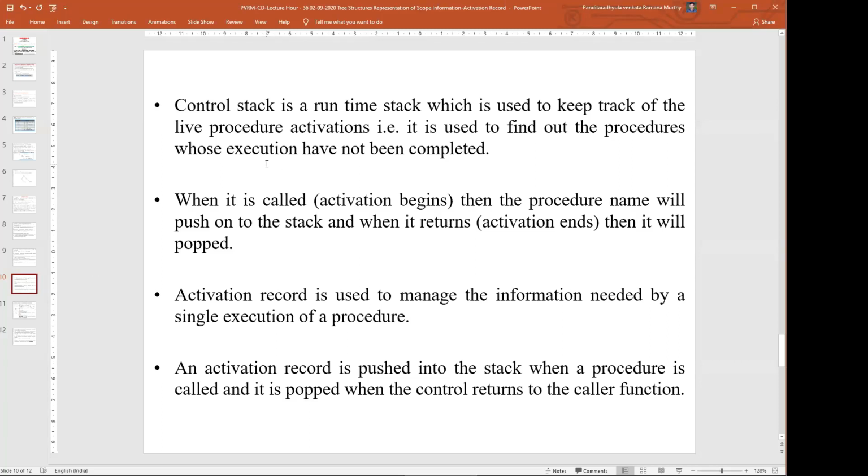So we require a control stack. The control stack is a runtime stack which is used to keep track of the live procedure activations.